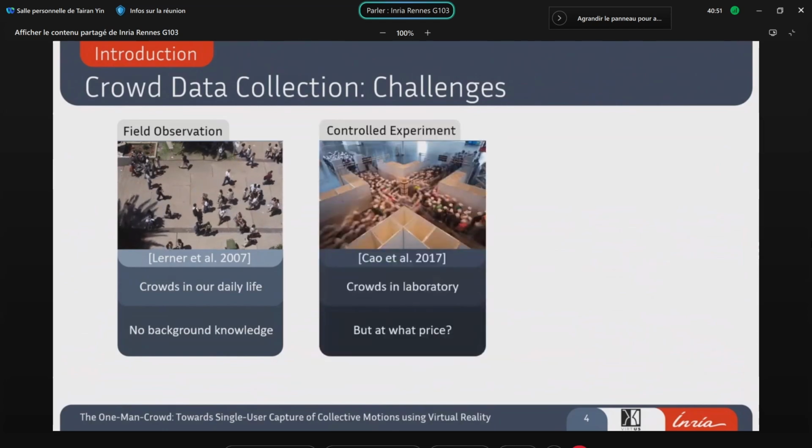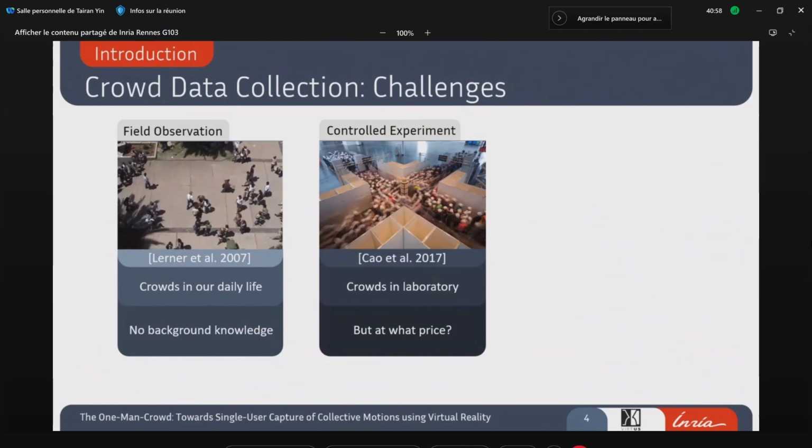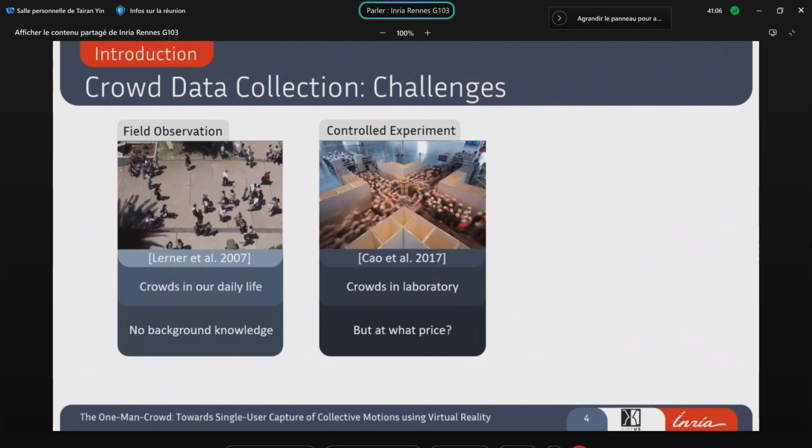On the other hand, we can consider capturing crowd data in laboratory conditions. In this condition, there will be easier ways to capture crowd data because the experimenters will have time to equip the participants with sensors. And more importantly, we know exactly what the pedestrians are doing because we ask them to walk in certain ways.